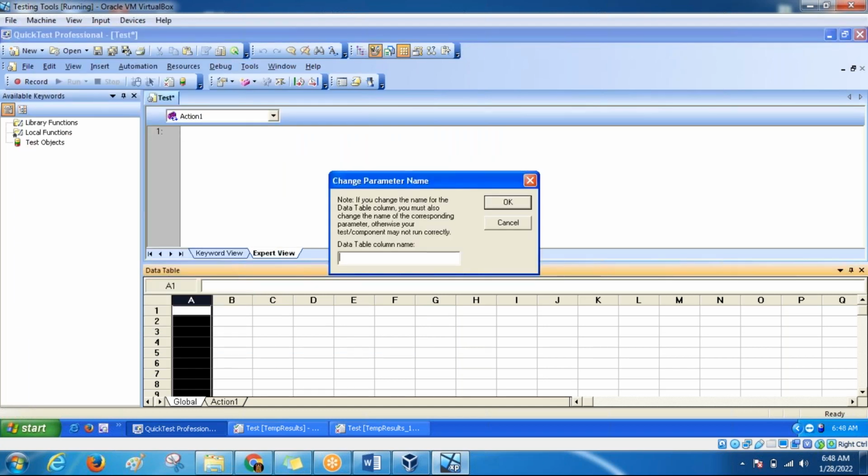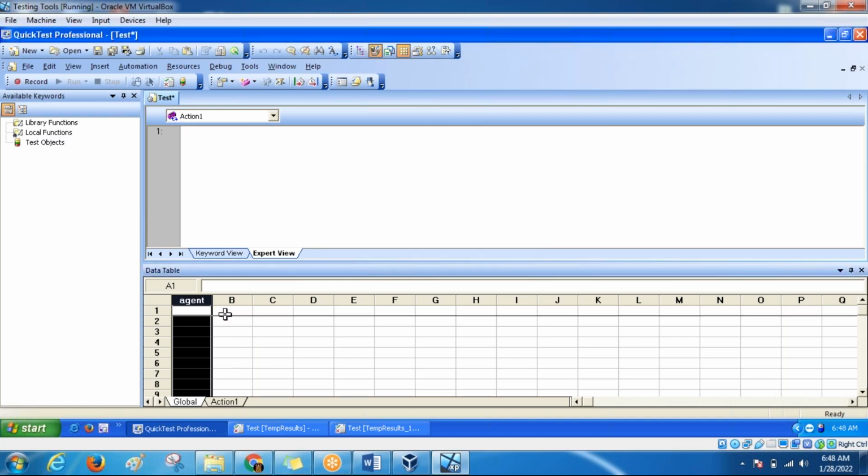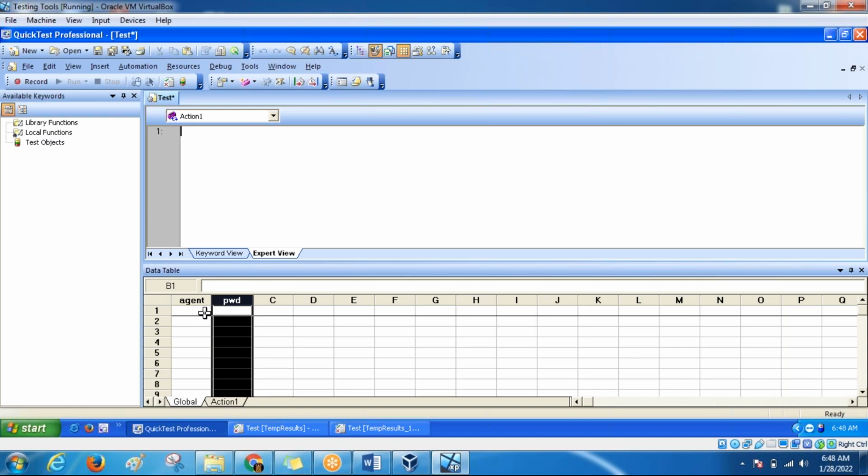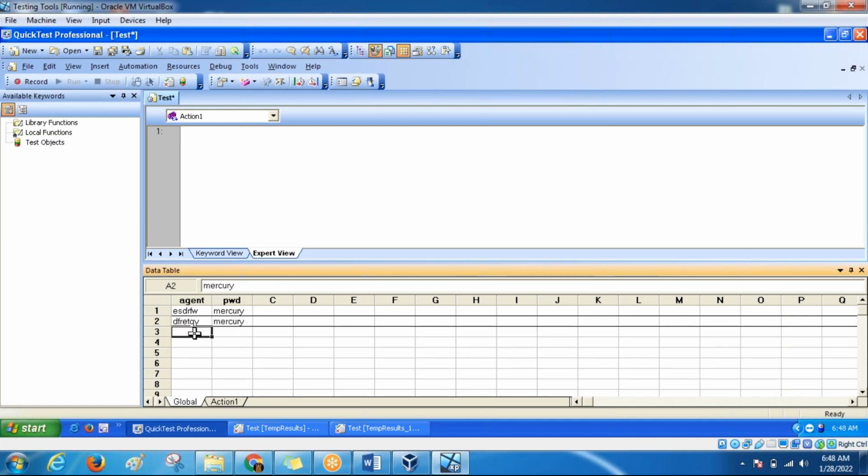Okay, some agent name. The name of the column here is agent. Double click on B. The name of the column here is password. Okay, and then the password is Mercury. Enter some other agent name here, and then the password is Mercury. Okay, so now